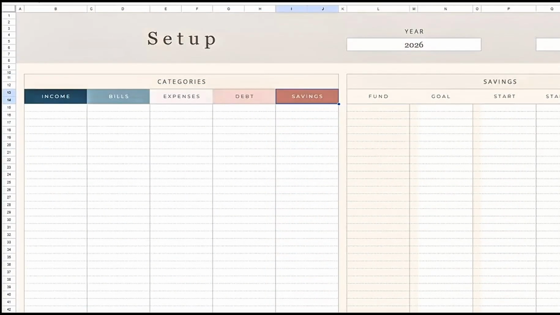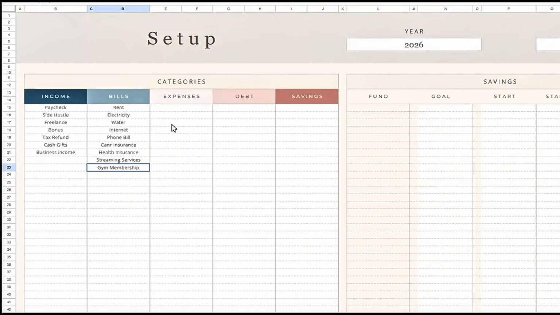For income, list all the sources of income such as paycheck, side hustle, freelance, bonus, tax refunds, cash gift, and business. For bills, enter your recurring monthly obligations such as rent payments, electricity, water, internet, phone bill, and so on. For expenses, include your day-to-day spending such as groceries, gas, dining out, coffee, shopping, personal care, pet care, and other